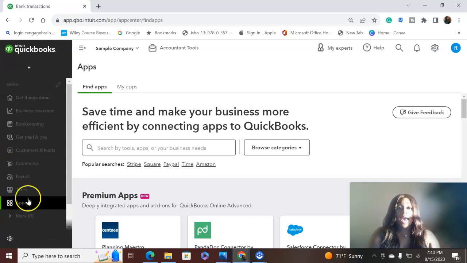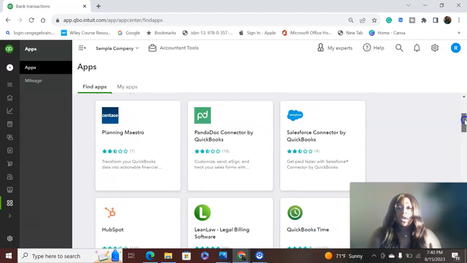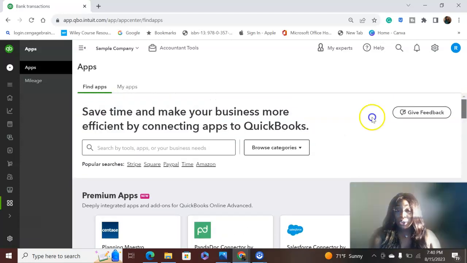You will click on that. It will take you here where it says apps or mileage. You will click on apps, and then you will type in what you need. They already have the most popular at the top, so that makes it very easy. Typically, all you would have to do is then sign into your regular account. So let's say we wanted to use PayPal. We'll click